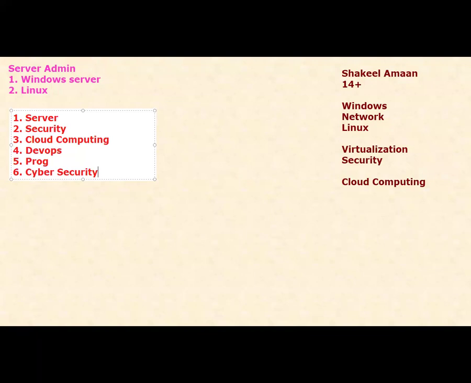And I think everyone who is here in this session, maybe you're dreaming to become one of these things, right? Whatever I have written here, maybe someone is interested in cloud computing, someone is planning to go with programming, someone is planning to go with cyber security, someone is interested in DevOps and all the other things. So literally every person should learn the Linux administration concept. There is no if and but here. You have to learn it.